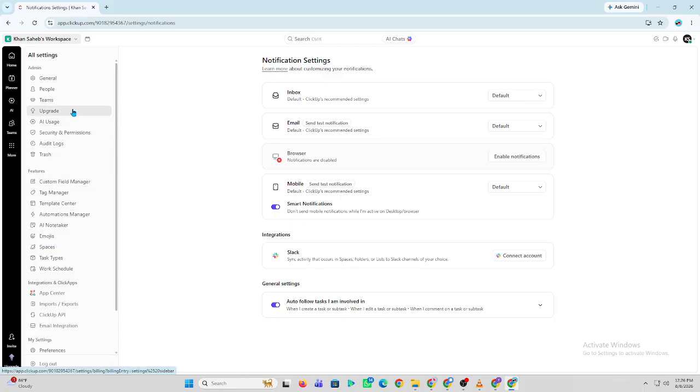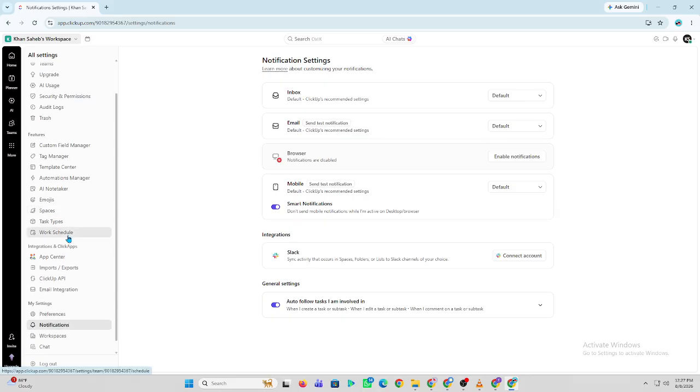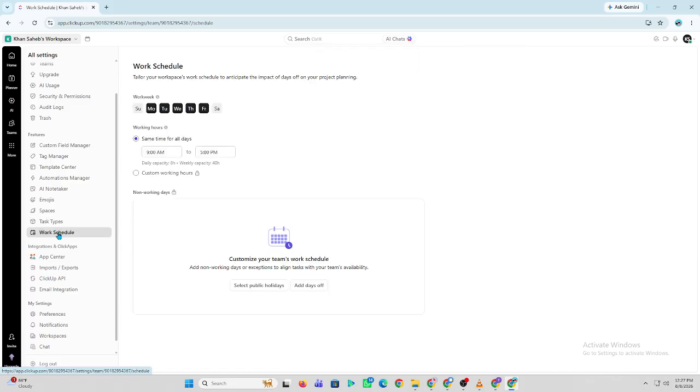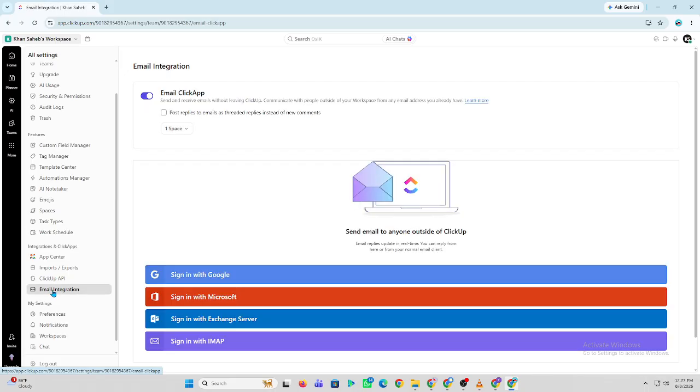Next, check your workspace, space, folder, and list notification settings to make sure you are subscribed to the correct areas. Open the tasks where you are missing notifications and confirm that you are assigned to the task or added as a watcher. Next, check your email notification settings and make sure the correct email address is connected to your ClickUp